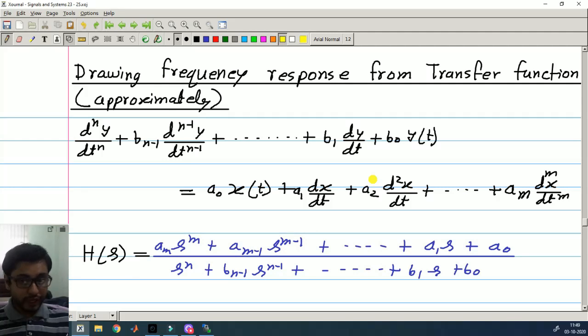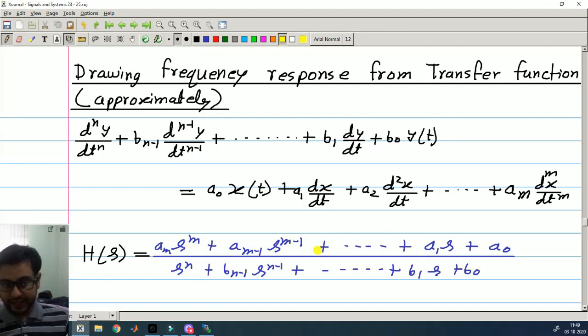Hello and welcome. Today we shall see how to draw the frequency response of a system from its transfer function approximately. And this method will be applicable when the transfer function is of this form, that is the ratio of two